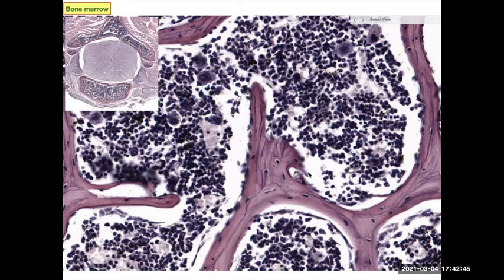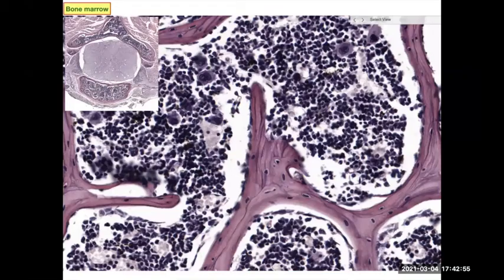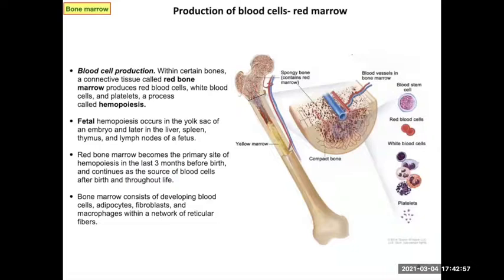And then because of that dense supply here, they could be taken out and brought into the rest of the body right there. So that's your bone marrow, and this is where blood cells are produced: red bone marrow, all the types, red blood cells, white blood cells, platelets. Again, I was going to talk more about this, but I think that you will cover this in 145 when you get to blood. So I'm not talking about it too much, except to say, since we're on bones,